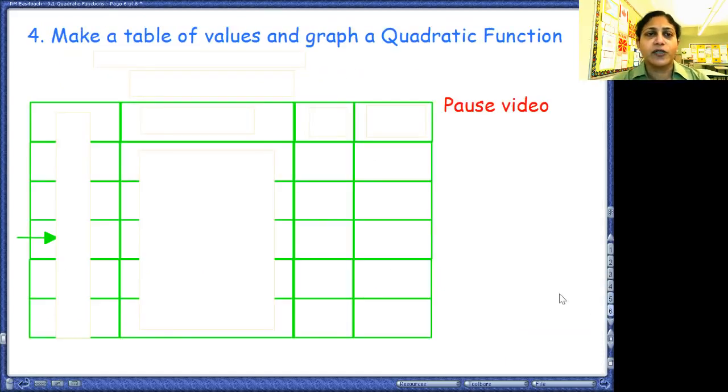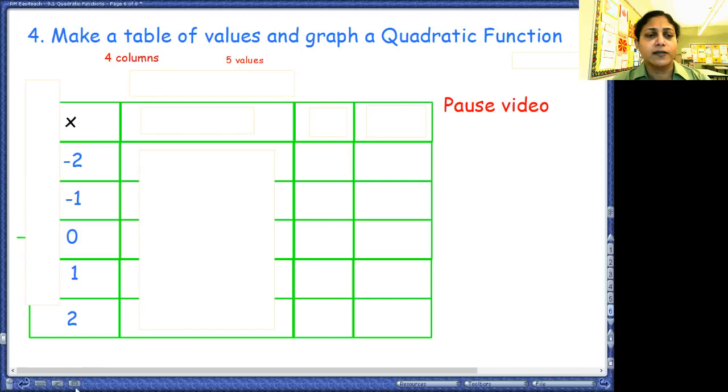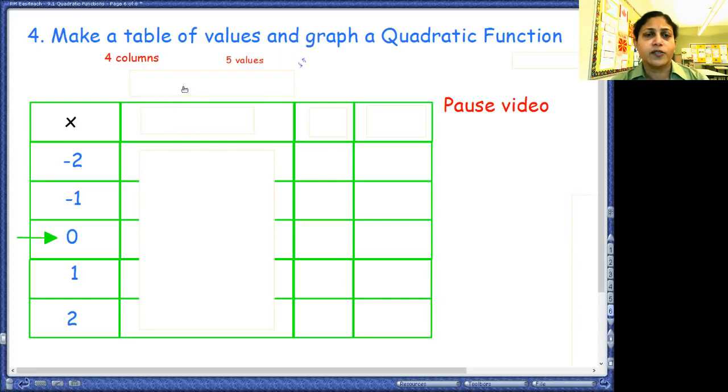Now the next thing we're going to do is make a table of values so you can graph a quadratic function. Remember, when we are asking for a table, there should be 4 columns and you should have 5 values. And we always want to put the 0 in the center and 2 numbers above and 2 numbers below the 0. So here is our function,